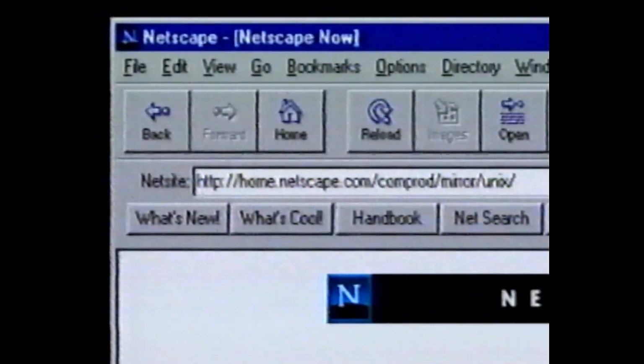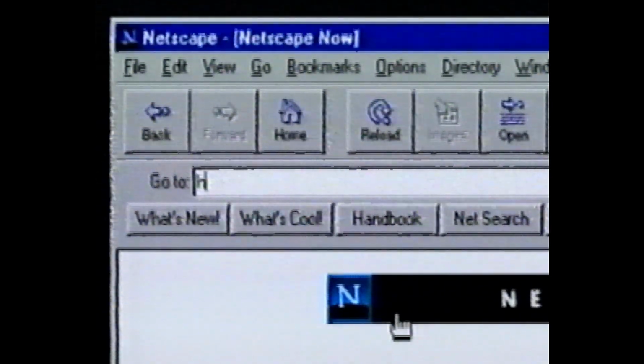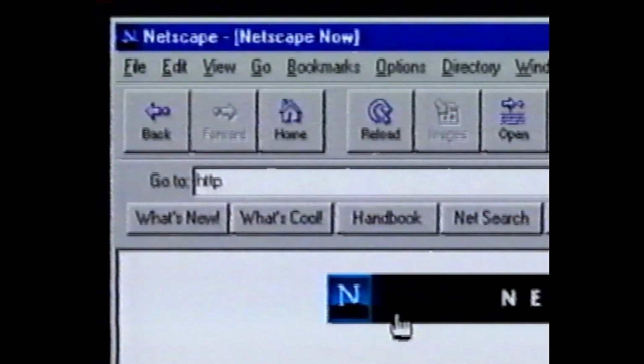To activate the locator window, I click on it once to highlight it. I type http://. URLs are not only lengthy, but they are case sensitive, so you have to be careful you get the spelling and cases correct. The HTTP in the URL address stands for Hypertext Transport Protocol. URLs that begin with HTTP are web resources.